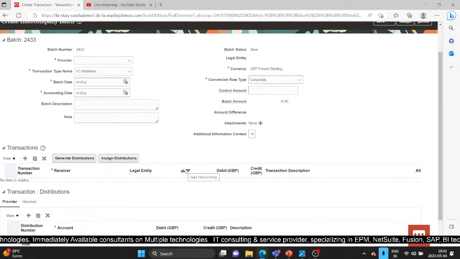Intercompany then uses the rule and the balancing segment value of the first provider distribution to build the intercompany receivable account combination for the provider side of the transaction. Similarly, intercompany builds the intercompany payable account for the receiver side of the transaction based on the first receiver distribution account. So what happens is,